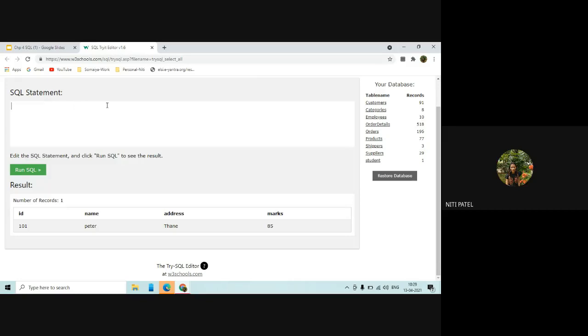Now when I say select star from student where ID equal to 1, will it show me?